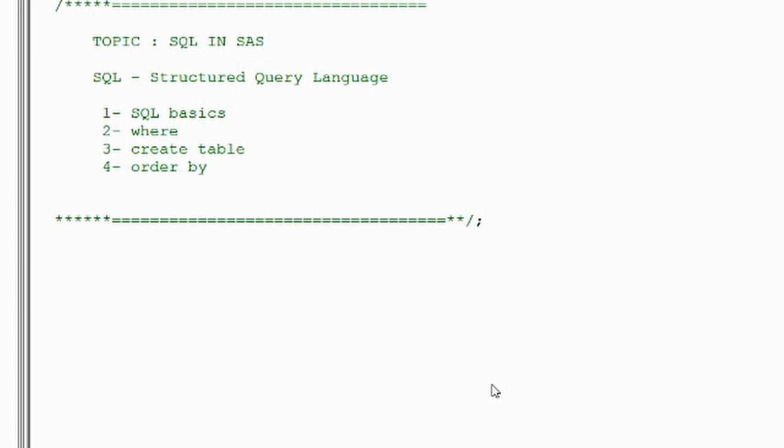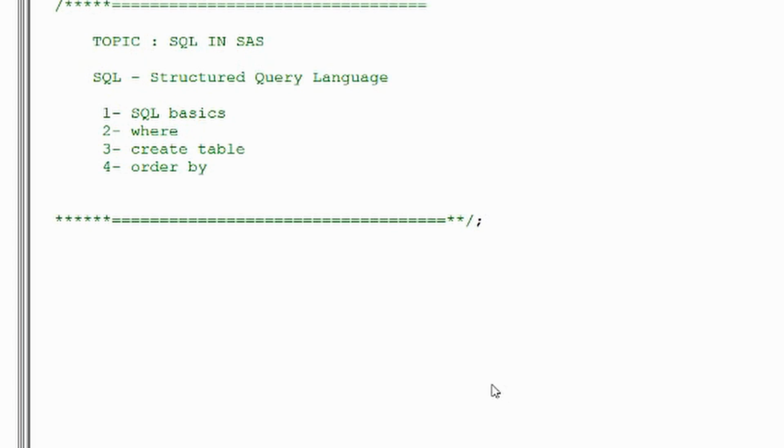The main thing about SQL is that SQL is the standard language for all the databases. There is a slight difference in the syntax, but more or less it's the same. Even in SAS, we use the same SQL language, with slight differences from the SQL in other databases.